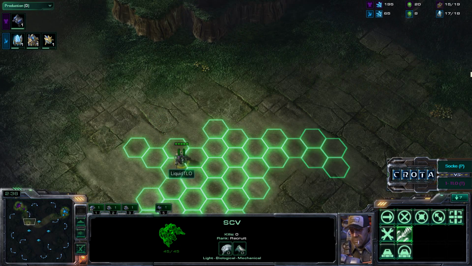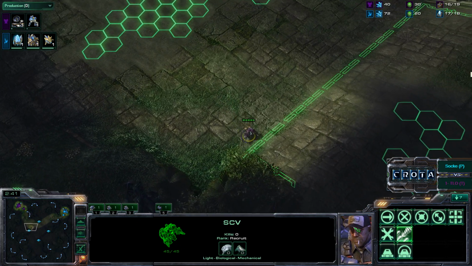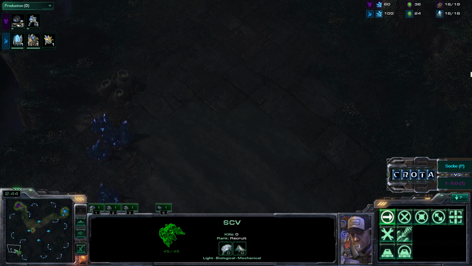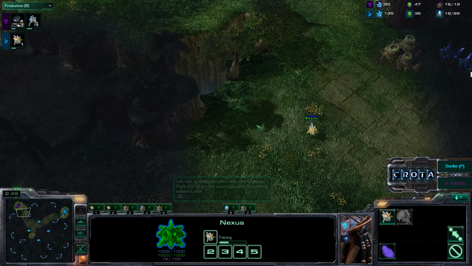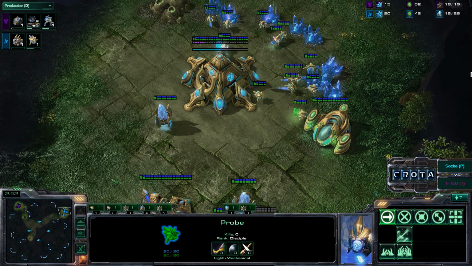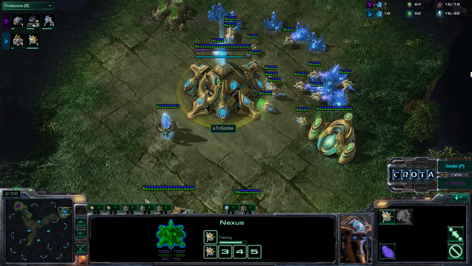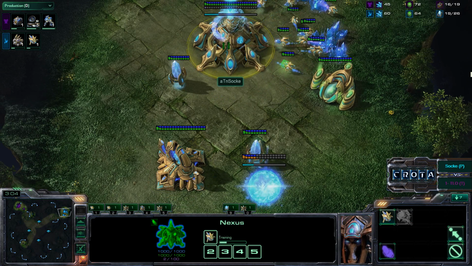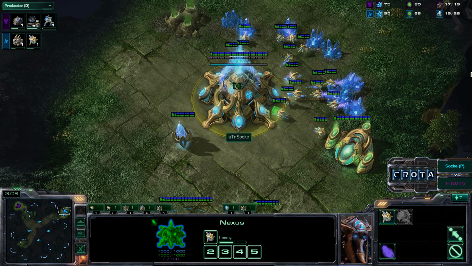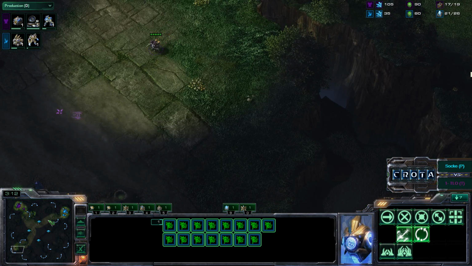By the timing, TLO may suspect that it is in fact a close spawn, so he may try to scout out this location first and then scout out this location. Meanwhile, this probe is still wandering around back and forth. We are still training up probes. It doesn't look like there is that much energy being saved up on the Nexus at this time. And yeah, continuing the chrono boost, and if he does stop at 20 probes, that will be that 6 minute and 30 second